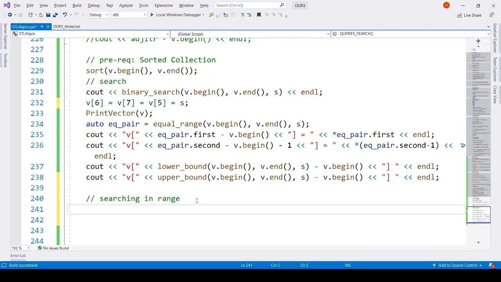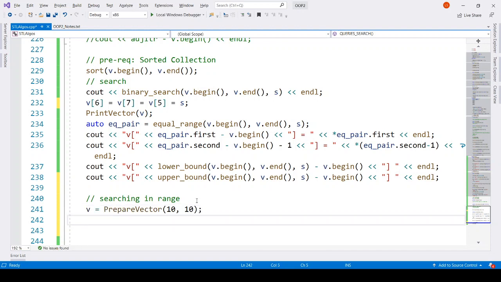Basically v equals to prepare vector 10 10, and then we have smaller vector, subvector from 12 only for 3 size, so it will be 12 13 and 14. Okay,